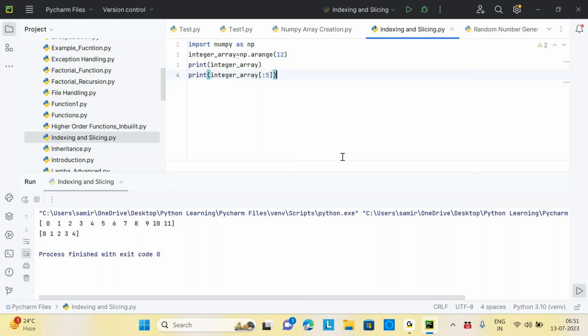5, 6, 7, 8, 9, 10, 11. Okay. Now I'm not giving anything, then it will give you 0 to 11, the whole list, the complete full list. Complete. Okay,